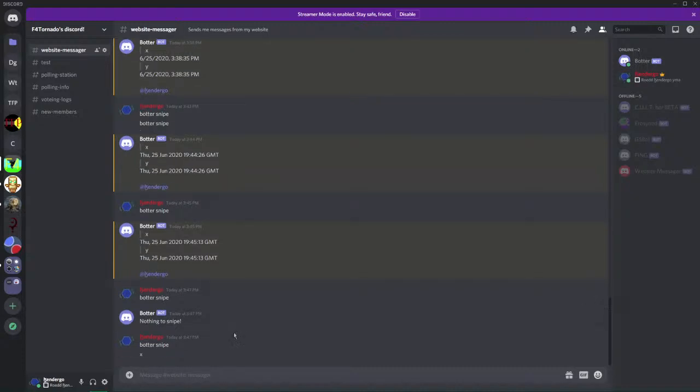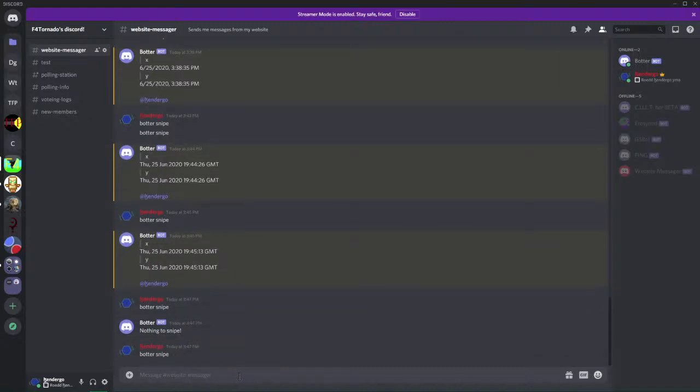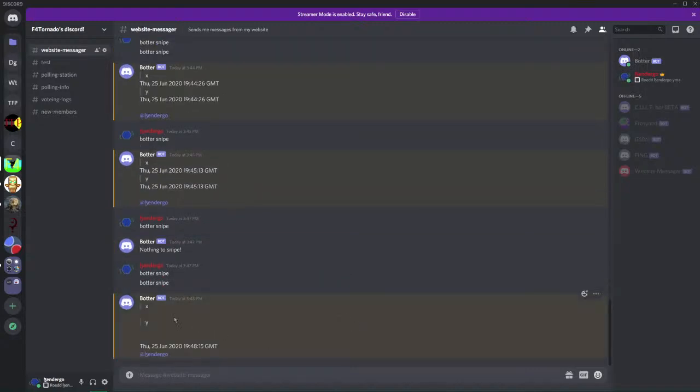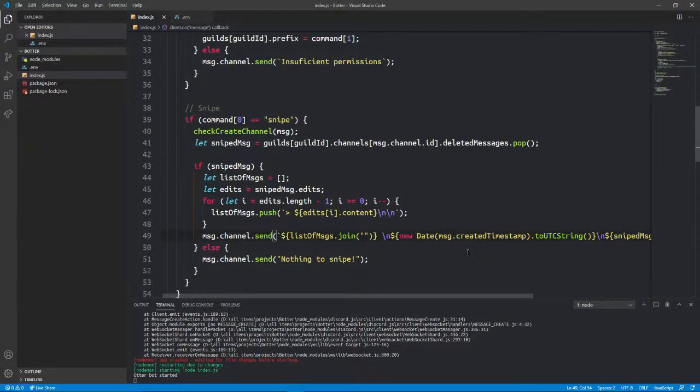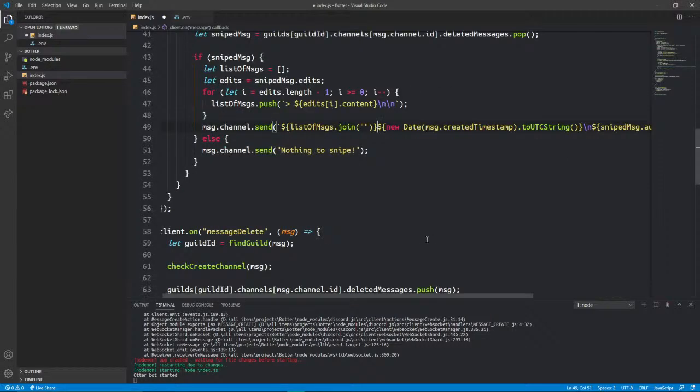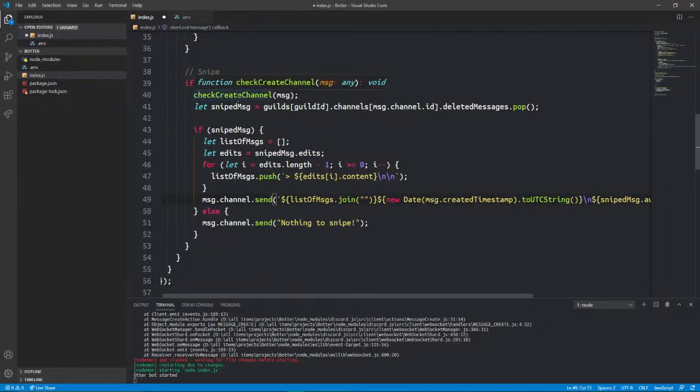So X, edit to Y, then let's delete it, then let's do fodder snipe. Okay. So now there's kind of an awkward amount of line breaks until the timestamp. So I think we can remove one here. So anyways,